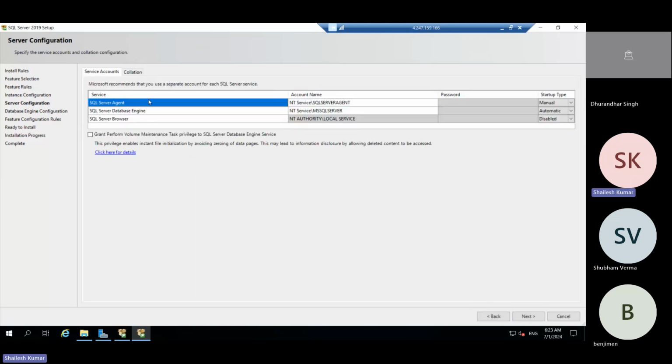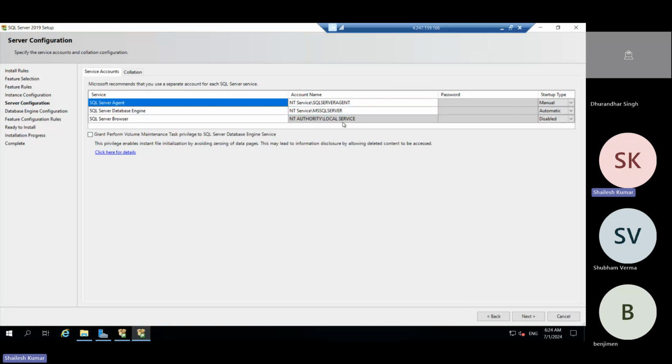So this is a service account. The service account is required because if you are running SQL Server with local or native or network services, it will not help you in the DR or HADR configuration. So we need a SQL service account to read or write data to multiple servers or a shared drive. Using that account, so it is required here.